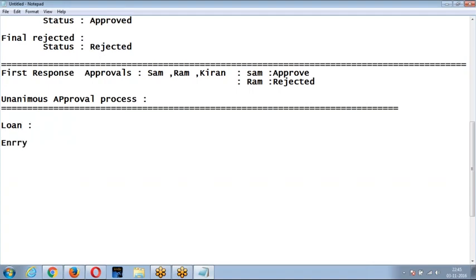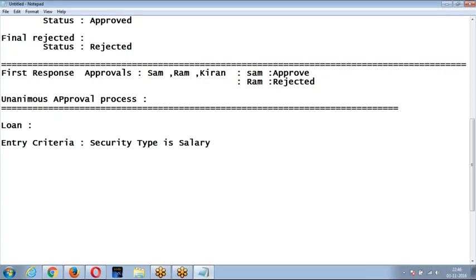Now the entry criteria is: when security type is salary, then it requires approval.